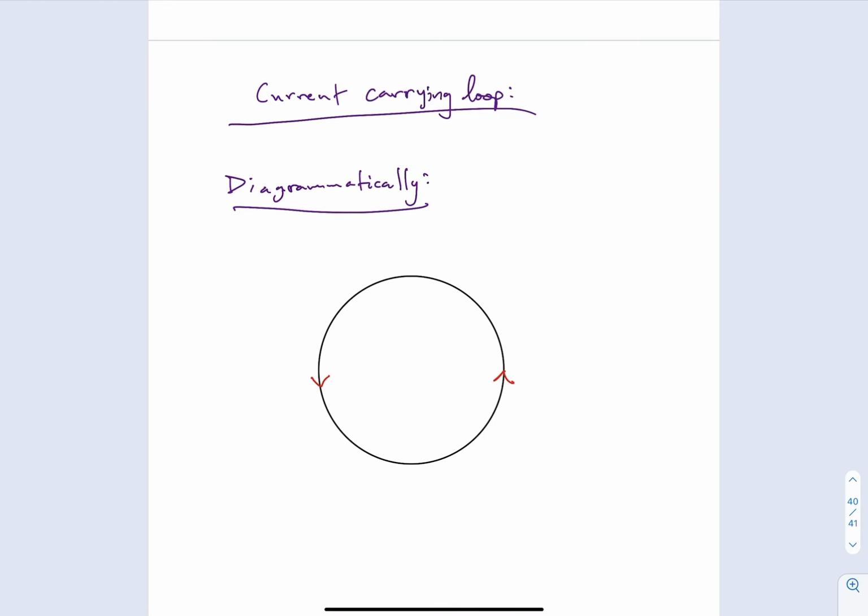And now if you take your thumb and you point it in the direction of the current on this side, you can see that your fingers would have to go into the paper here and would wrap around the loop and come out of the page there. So I'm going to draw dots on the inside of this, and you can really take your thumb and go in any direction along the circle, and you'll see that no matter where you are, that's what happens. We'll end up with this nice uniform field inside the loop, mostly uniform,